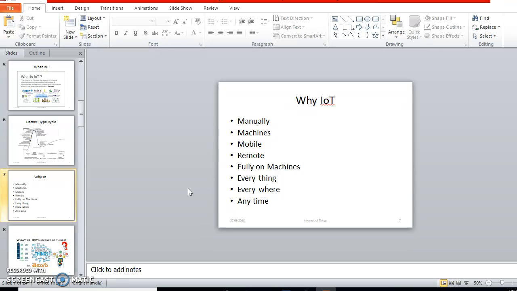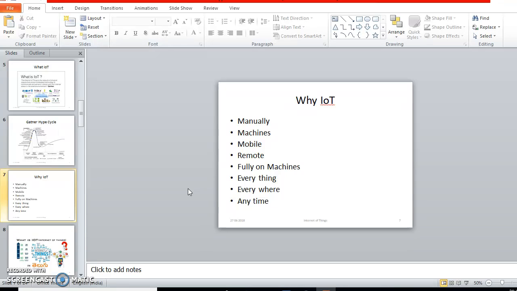So for the upgradation of the desktop computer we now have the mobile computer. That's a laptop. It is mobile, it's not fixed in one place. Wherever we go we can work on the same computer. If we go to the university, with that computer. If we are at home, with that computer. If we are at a relative's home, with that computer. If we go to another university, with that computer. So some things are happening. Now remotely we are able to monitor the computers.